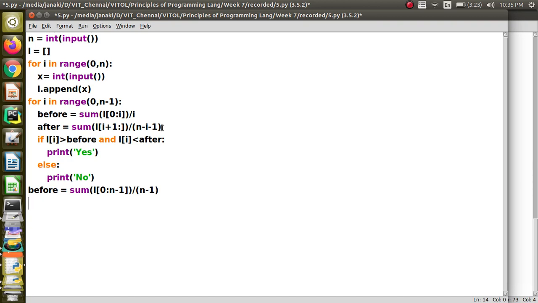Okay, and then you will compare only this. If L of I is greater than before, then you are going to print yes, otherwise you will print no.